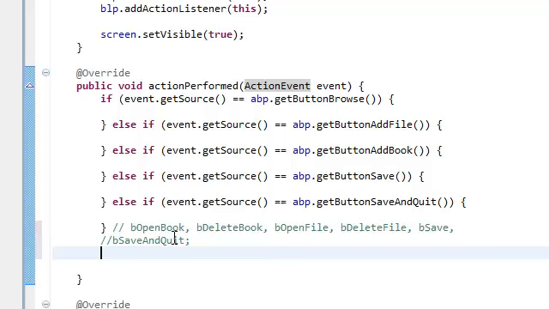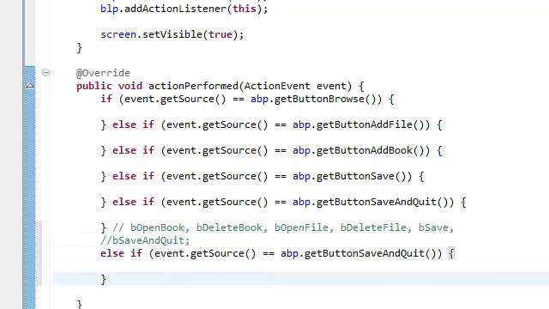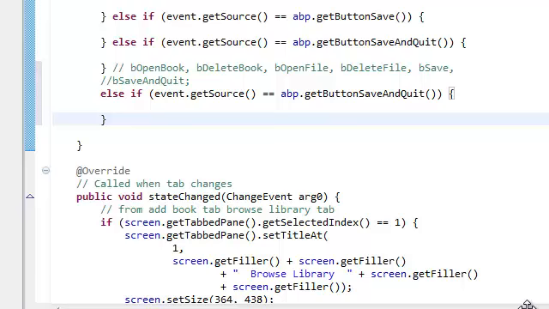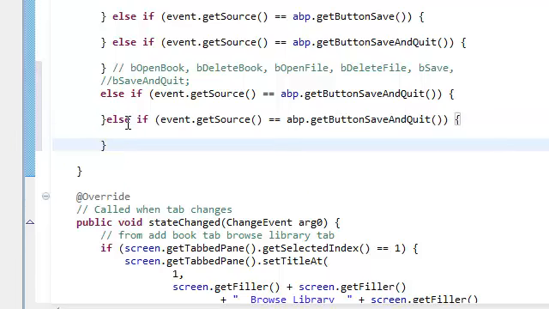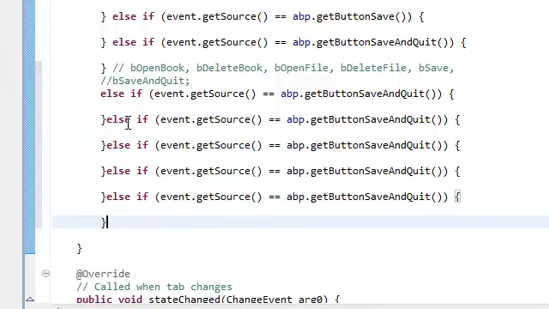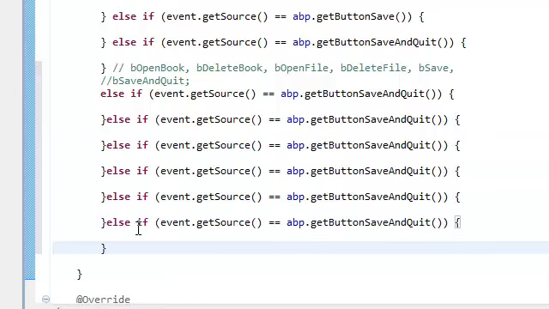So how many buttons do we have? We have 1, 2, 3, 4, 5, 6 more. So we're just going to copy it and paste this 6 more times. Copy, paste, 1, 2, 3, 4, 5, 6. And the last one